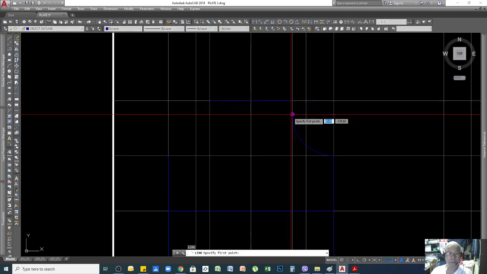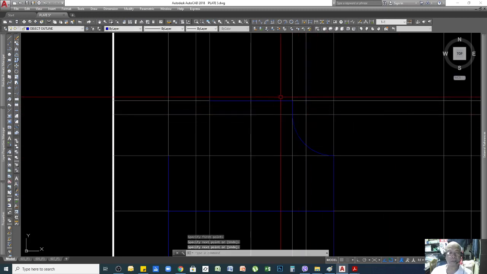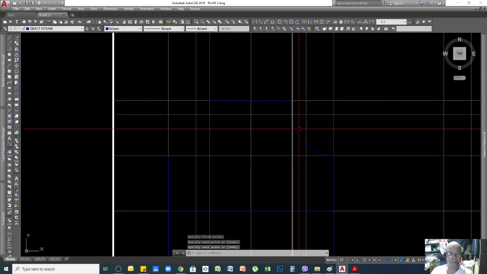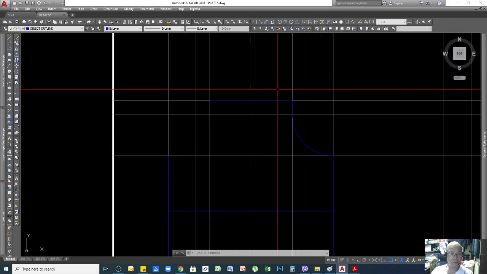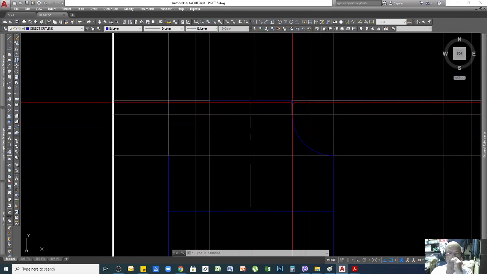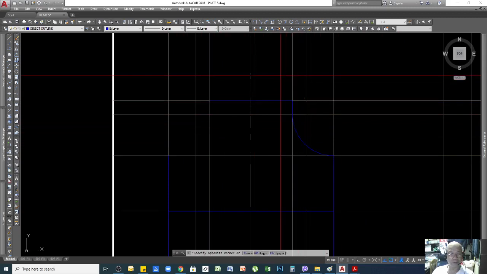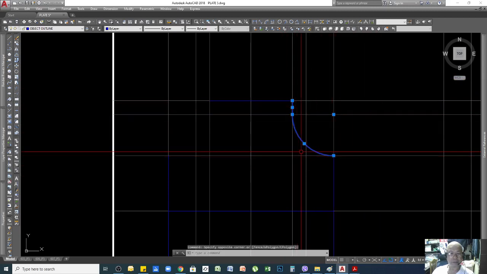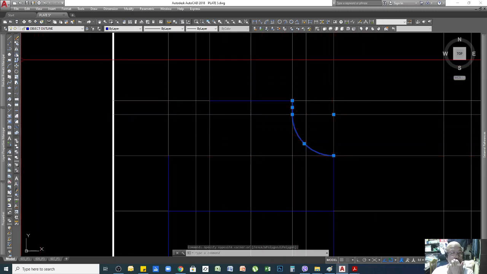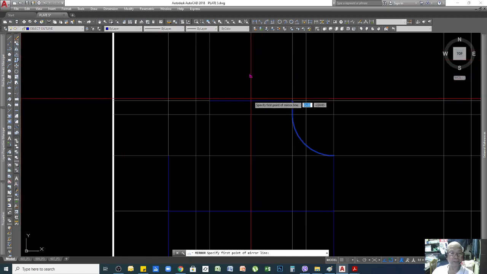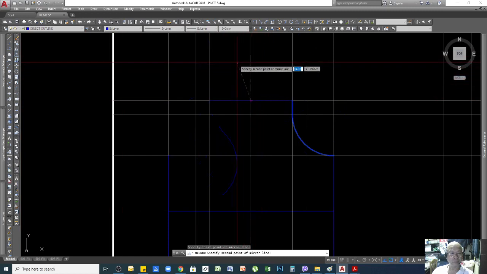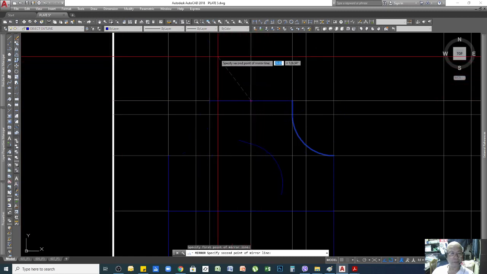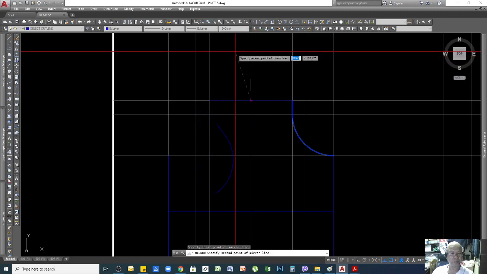So line like that. You need the same of this on the other side, so you don't need to draw it. If you want to make it faster, all you need to do is click the straight line and the curve, and then use the command mirror, and then click this one. If your ortho is not locked, your object will be placed anywhere, which will not be in the exact position.